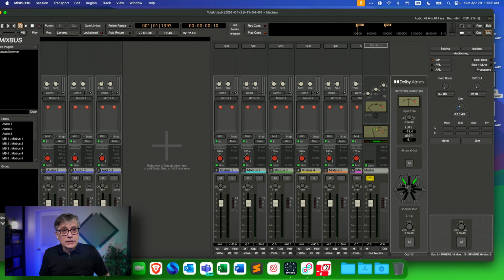Now, I'm currently hearing everything through binaural, and what I now need to do is simply set up the outputs for Mixbus in order to match them with what Ground Control Sphere is expecting on the 3 different inputs in Ground Control Sphere. But before I do that, let me just stop the audio here.